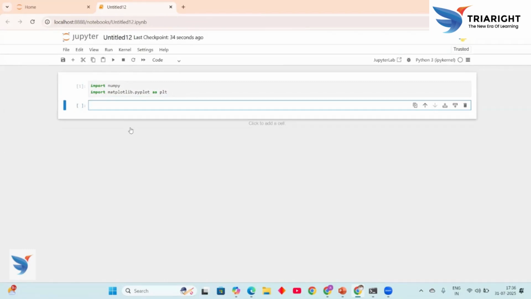Now I want to create the arrays of values for x and y. So take x equal to some values in a list. For that we take 1, 2, 3, 5 like that. We are simply leaving out some of the values because we do not want to form a proper curve line. Then 7,